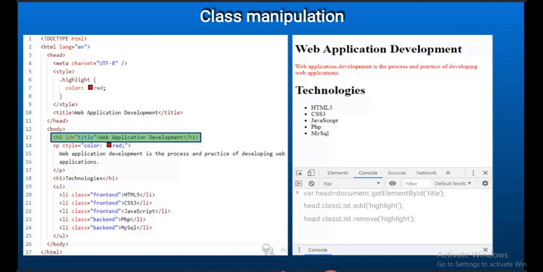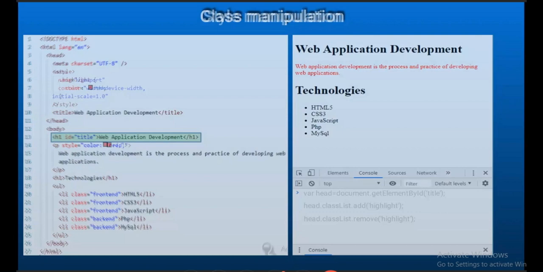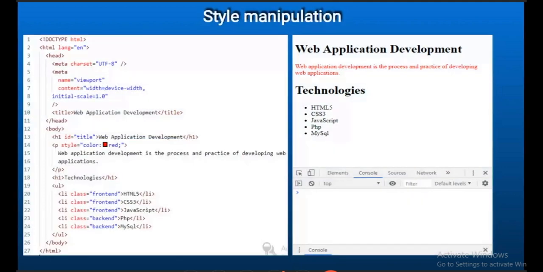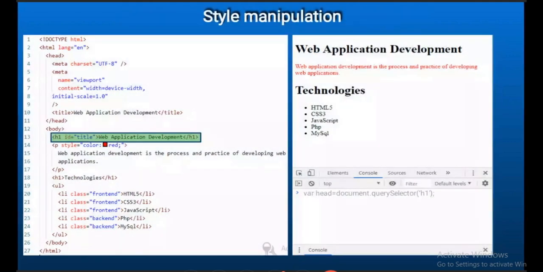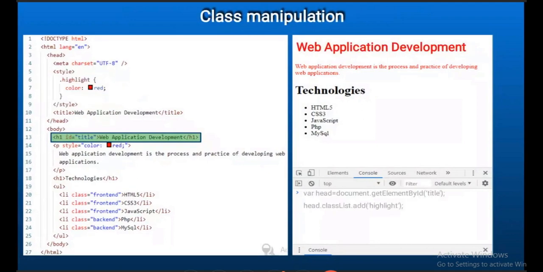So let's redo it. Remove the attribute, style manipulation. We select that style, style manipulation. After that, class manipulation. Class list dot add highlight. So we add the highlight class to that h1 tag, so that it gets all the features of that highlight class.